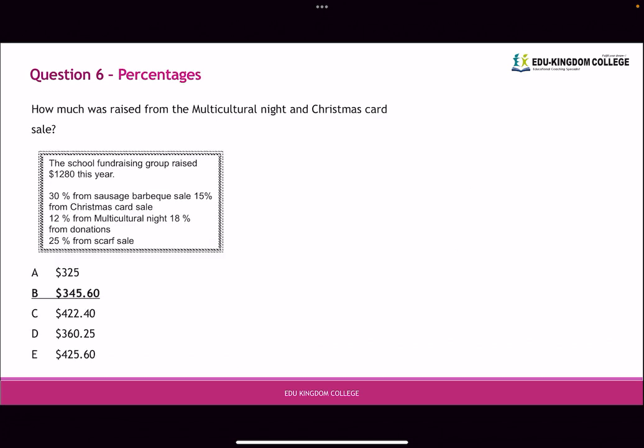Now, percentages. The multicultural night was 12%, the Christmas card sale was 15%, and the total raised was $1,280 this year. So the total equals 1,280, and then 27% is what we're looking at. That's how much was raised from these 2 separate events. 1,280 is pretty hard to work with, so instead of 1,280, let's try 1,300. We're just rounding it up a little bit. It's an estimate, but it'll speed things up, and it doesn't make too much of a difference in our final answer. So 1,300 times 27% will be the same as